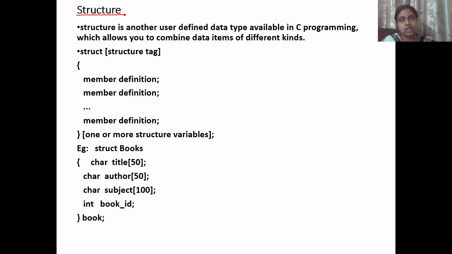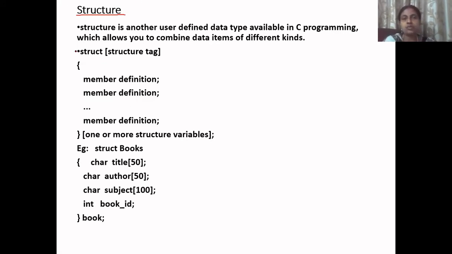So there should be a provision. A node should be designed as one unit, but with two partitions. In one, data has to be stored, and in the other, the address has to be stored. In that situation, a structure is suitable, because under the same structure name, two values can be stored. So we prefer to use the structure concept.